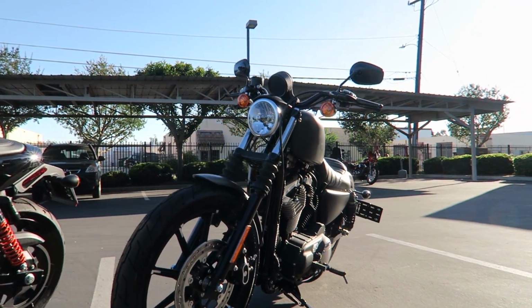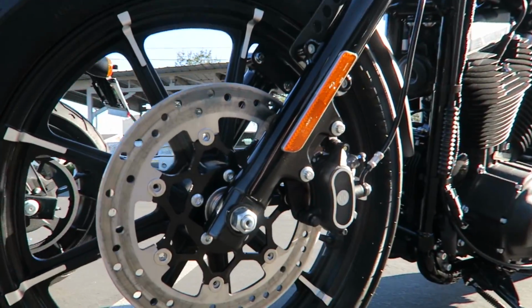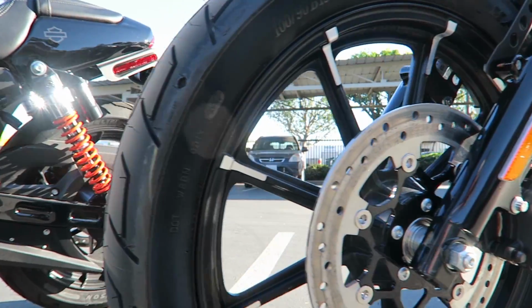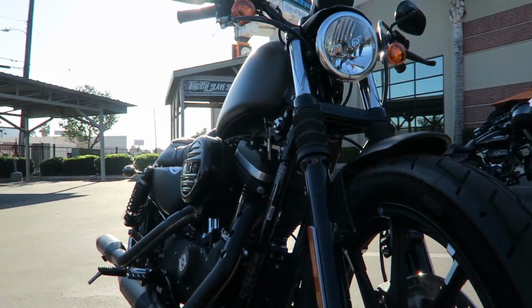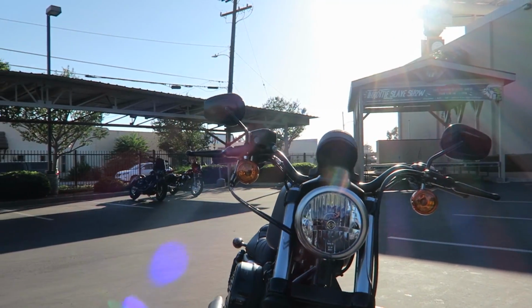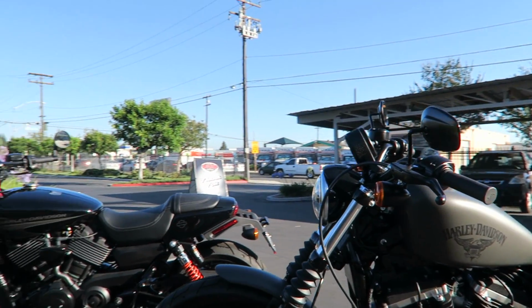So really, in a nutshell, guys, both the style and the performance of the Iron 883 is more along the lines of what you'd expect from your stereotypical Harley-Davidson cruiser motorcycle. So the suspension, you don't have as much travel in there. The engine is more of your low-end torque power delivery that you'd expect from a Harley-Davidson,